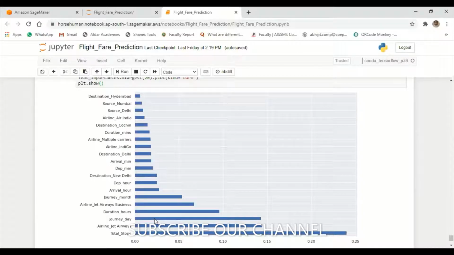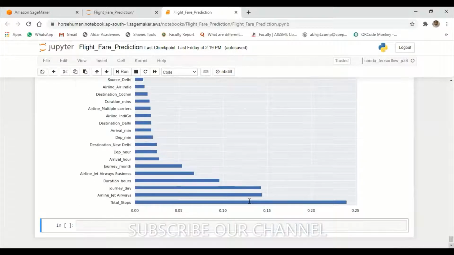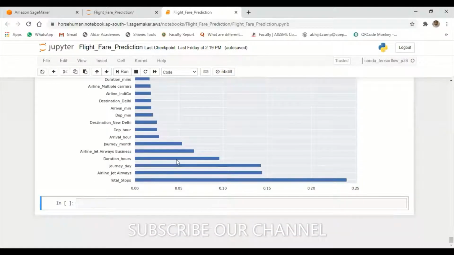In the same way, duration hours is also one of the major columns. Business class, the type of class, economy class, business class. Our model is going to predict the prices based upon these columns, these values, most of the time.